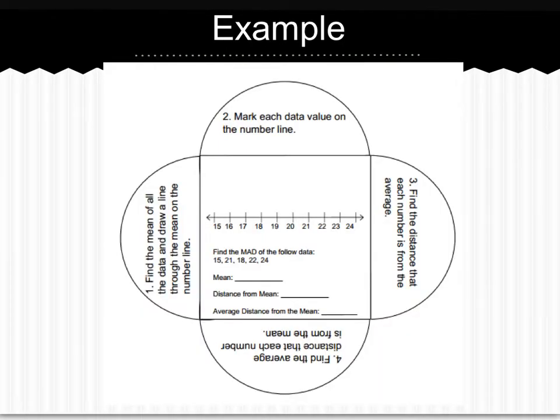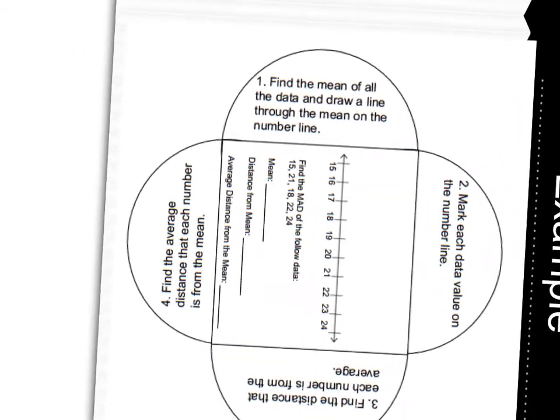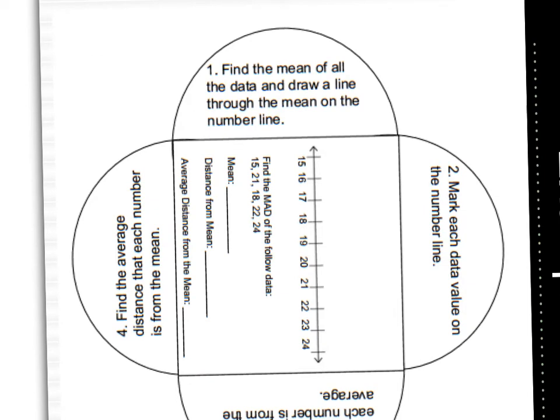We're going to learn one way to find the mean absolute deviation using a number line. This is just one method. There are other methods, but we're going to focus on this one first. When you find the mean absolute deviation using a number line, there are 4 steps, and these are on your foldable. The first step is to find the mean of all the data and draw a line through the mean